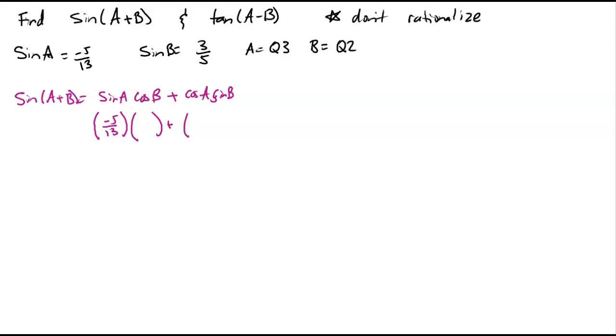Cosine of A, I don't know yet, but sine of B I know, and that's 3/5. Okay, so now I've got to do a little bit of work. Off to the side, I'm going to figure out my A value. So again, I'm going to use my lovely